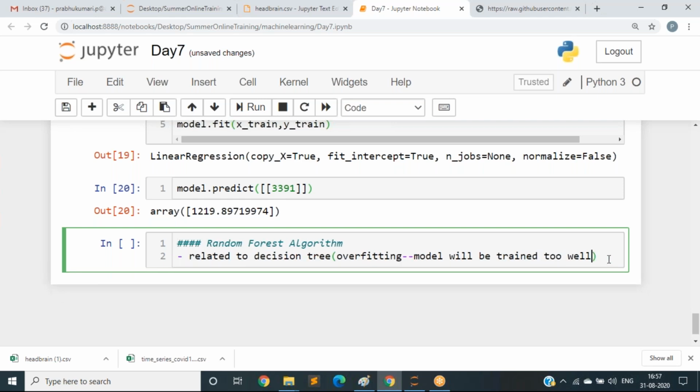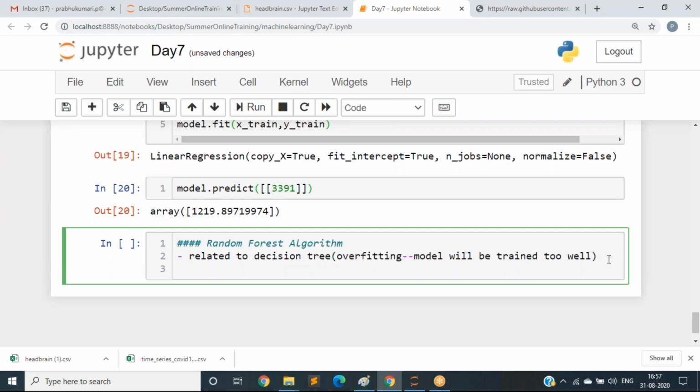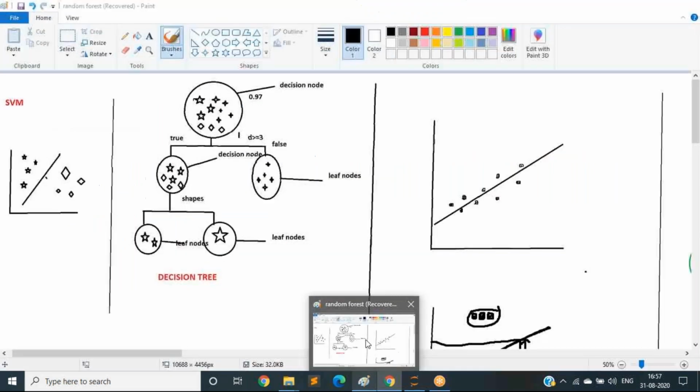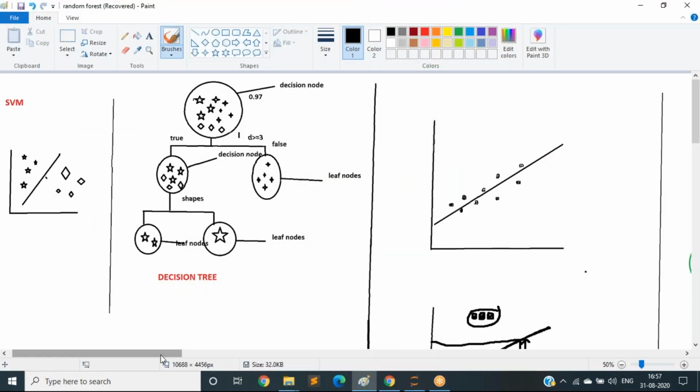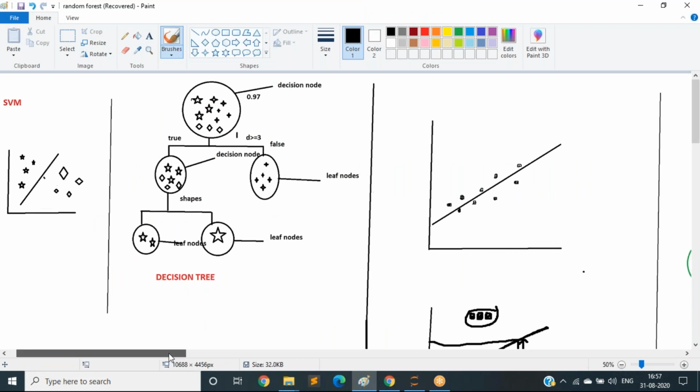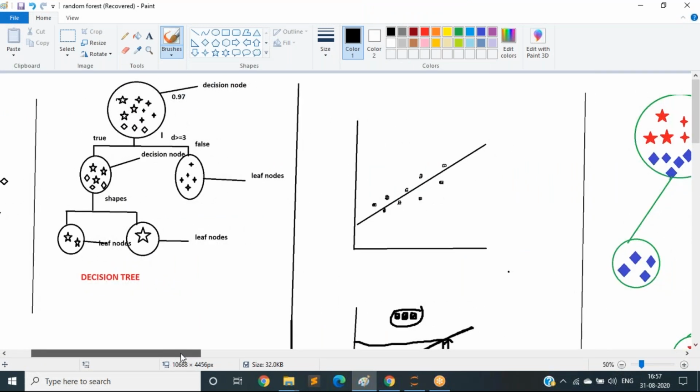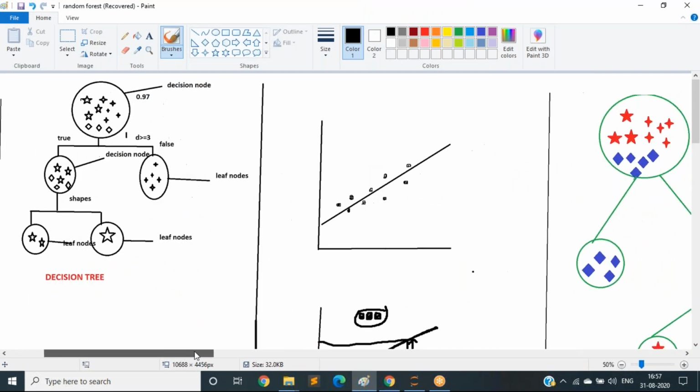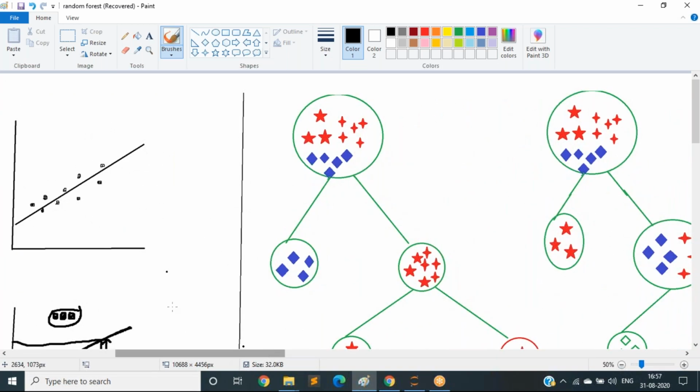Okay, in the random forest algorithm, what is the concept behind it? Let us see. If you have already listened to the decision tree algorithm, you can understand this random forest. Otherwise, you can't understand.